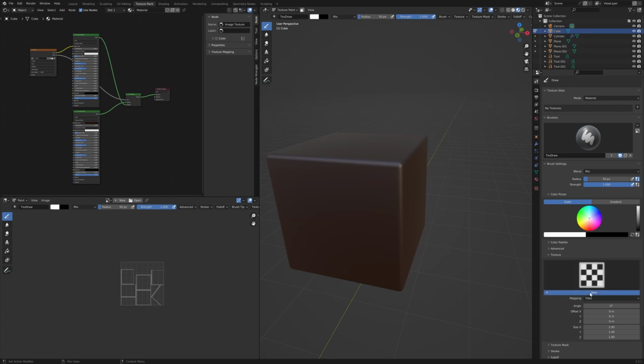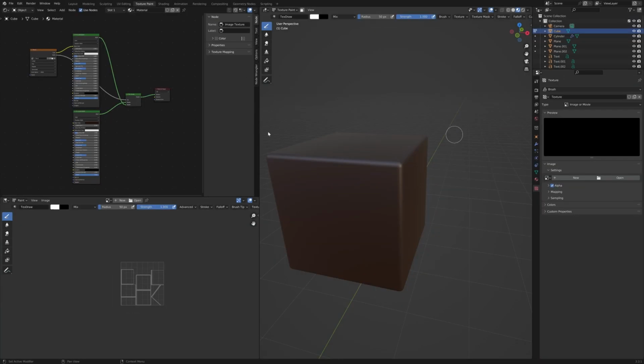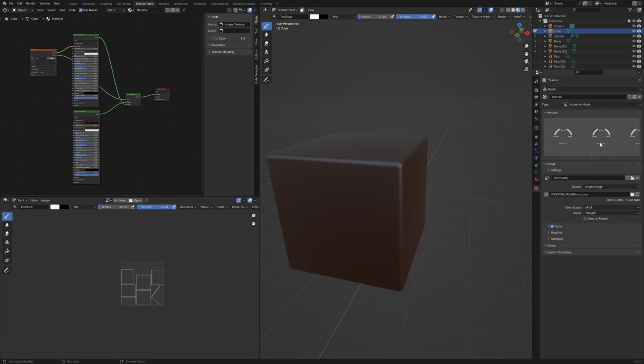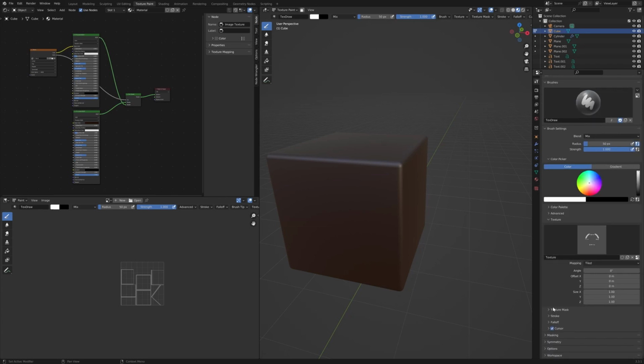Now under the tool icon section we need to create a texture. Go to texture, create new. Now go to texture, hit open and load the render image we just created. Under mapping, in this case we will choose clip. Again under tool icon section we will finally change the mapping to stencil. Now we can finally paint on the washing